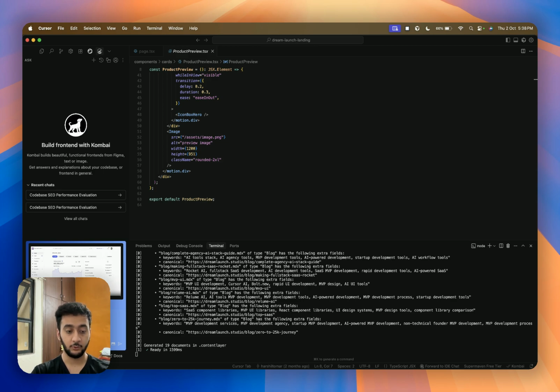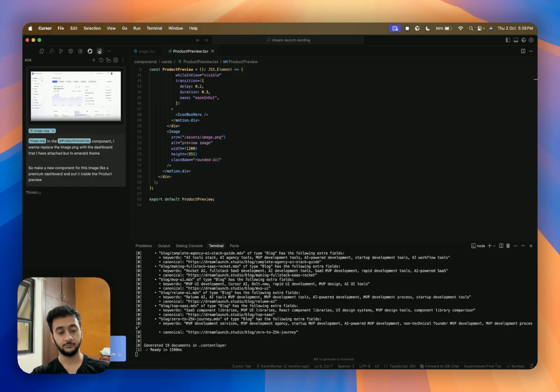So make a new component for this image, like a premium dashboard, and put it inside the product preview, and boom, we hit it in. It works through it.